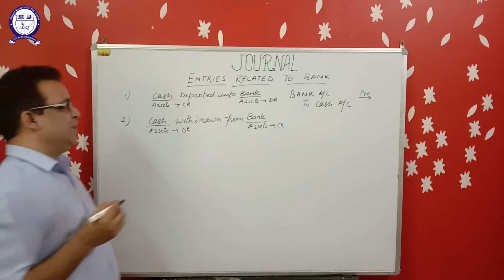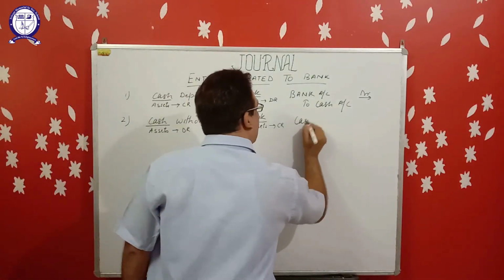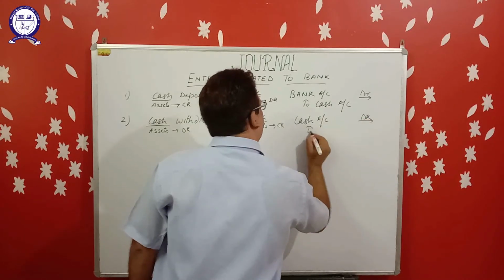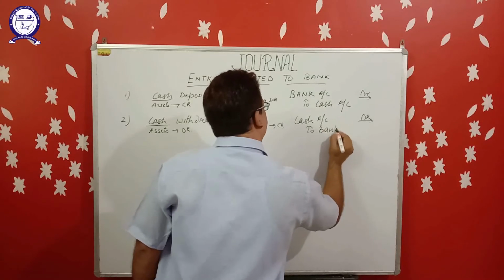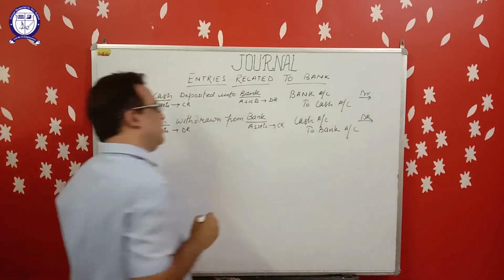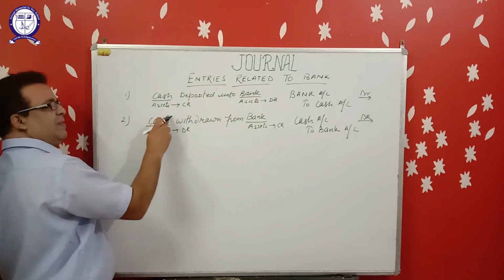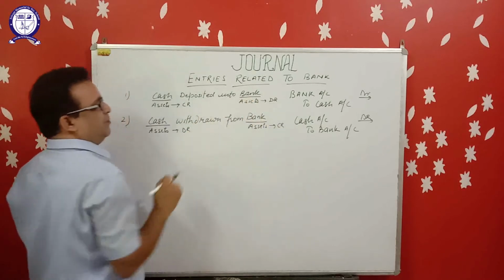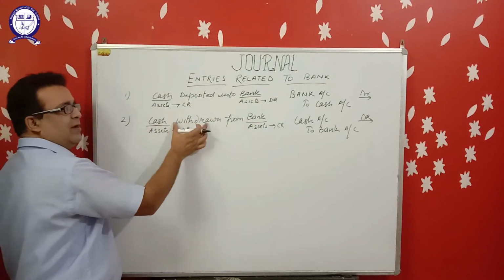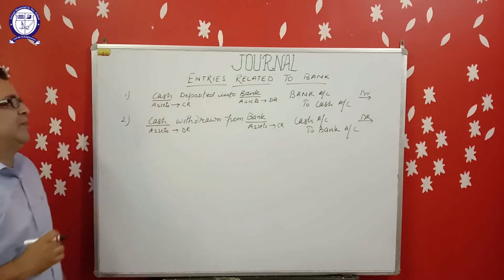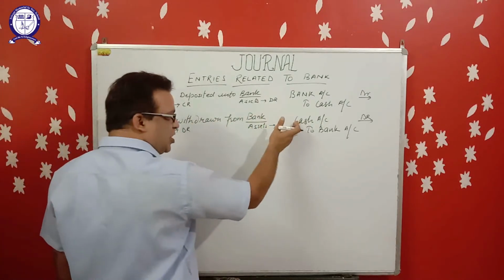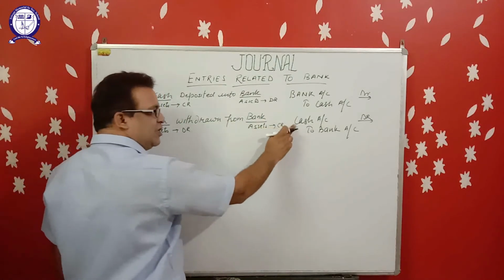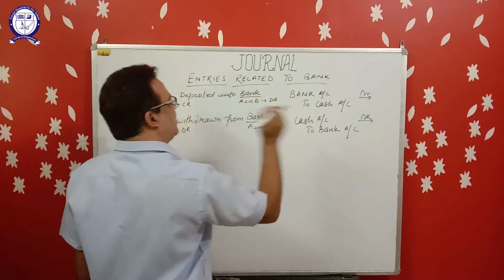credited in journal entry. The journal entry will be cash account debit to bank account. This transaction may be written as cash withdrawn from bank for office use, or only the word withdrawn may be written in the question. The same entry will be there, cash account debit. Cash is coming in the business, cash is increasing, that's why it will be debited, and bank balance is decreasing.